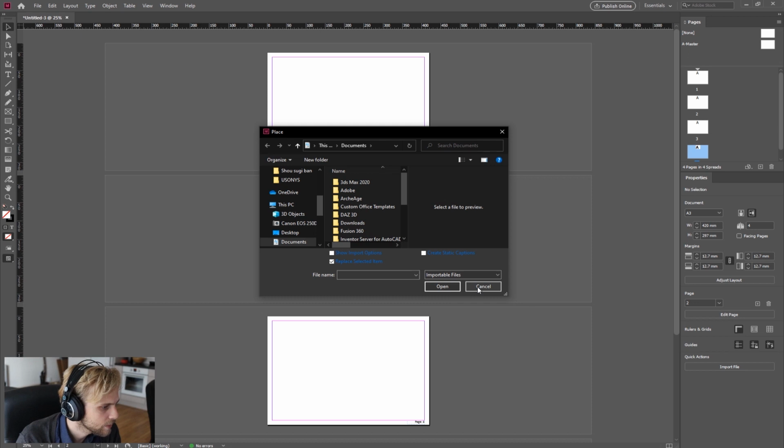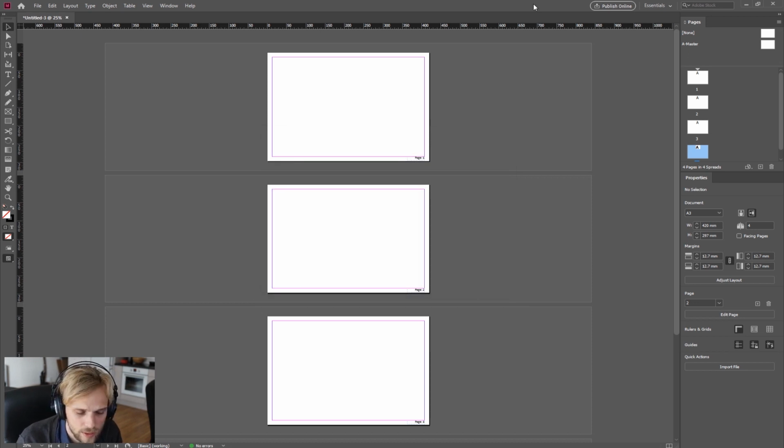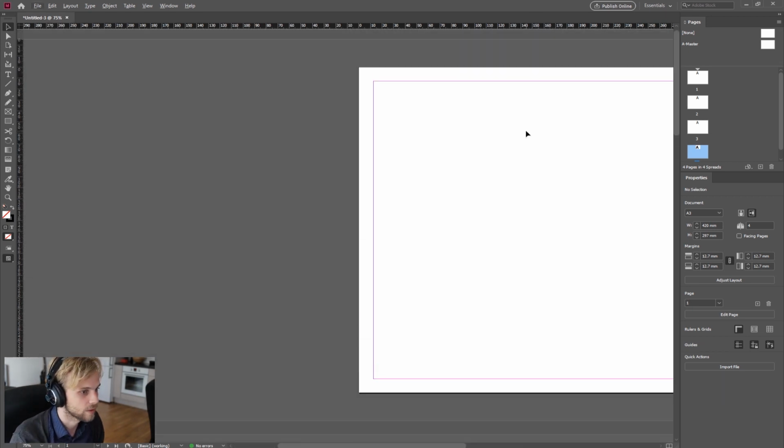So in our case, we will be importing images, right? At least a Photoshop image is going to be an image, and the Illustrator output can be either an image or an Illustrator file or a PDF file, doesn't matter, but it's quite the same procedure. So to import stuff,